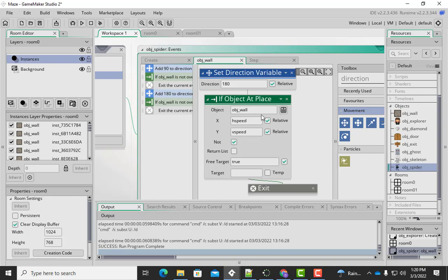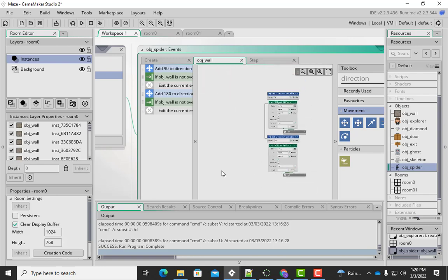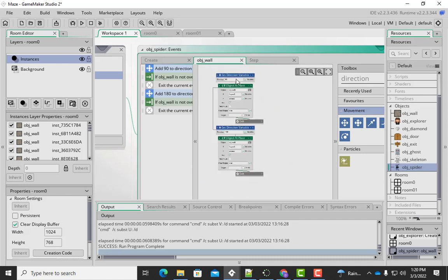And we ask the exact same question. Is there a wall in front of us? If there's not a wall in front of us, then we're going to continue to go that way. Okay? So we just say exit. What does this look like kind of in smaller so you can see the whole thing? We turn right. We check to see if there's nothing in the way. If there isn't, we just leave because we can go that way. But if we can't go that way, then we turn around and we check to see if we can go that way. And if we can't go that way, we just go that way. But otherwise,